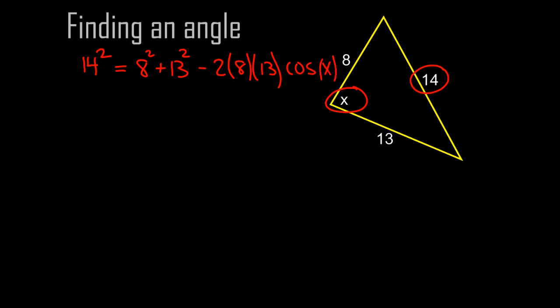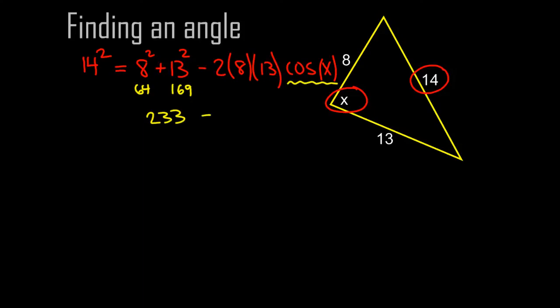So my variable, what I'm solving for is this cosine of x right here. So I want to get everything else on the side all by itself and then take the inverse cosine of whatever that value is. So I'm going to clean this up a bit here. If I square that I get 64 and then 169, and then if I add those two together I'm going to get 233